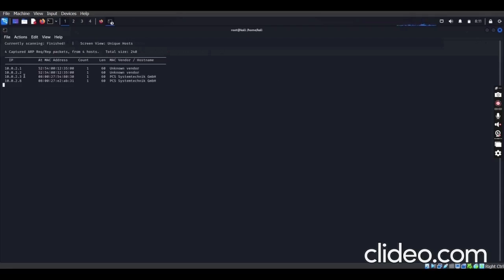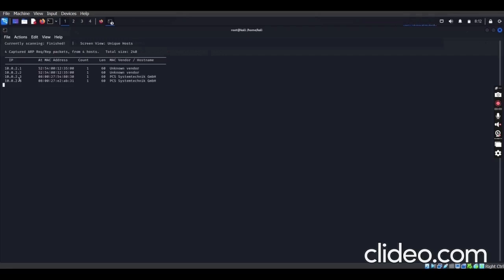Now looking at it, we have 4 devices showing. You can see that each of these 4 devices has a similar pattern, which is 10.0.2. You see it appearing in these 4 devices, but the only thing that makes them different from each other is the last number. That's what I was trying to explain. It happens the same way when we have several devices using the same Wi-Fi: you will always have a similar pattern like this, but unique at the end.